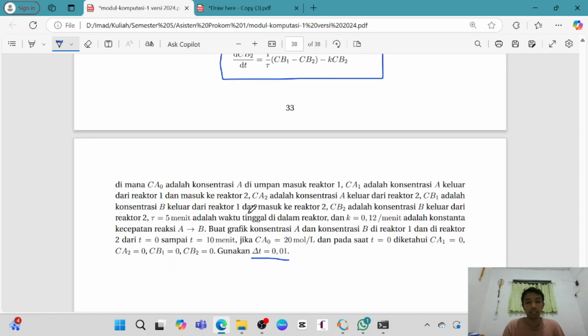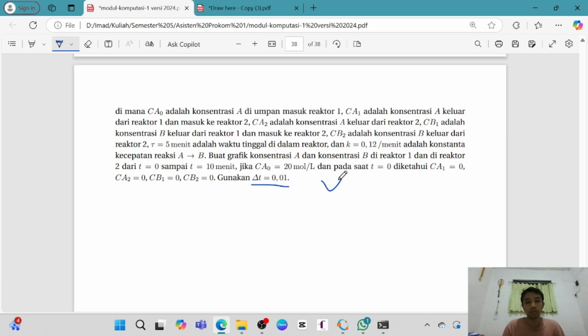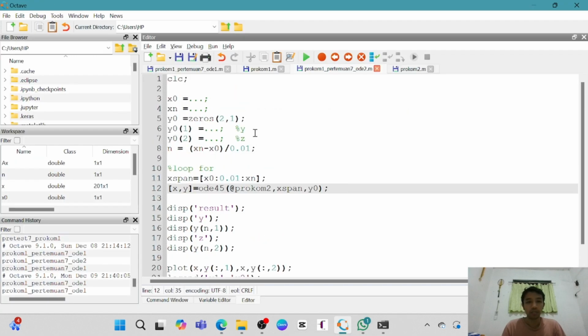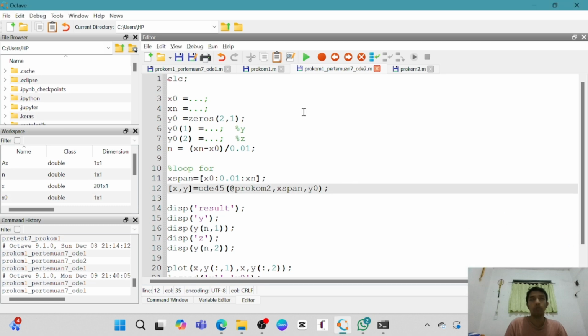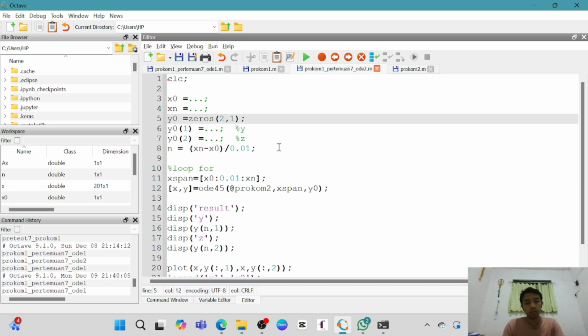Okay, this is the value. The code for problem 3 is quite the same as problem 2. You just change the zeros: if we have 3, we put the 3, then if we have 4 equations, we put the 4 into this.